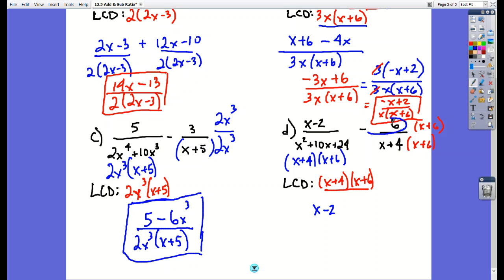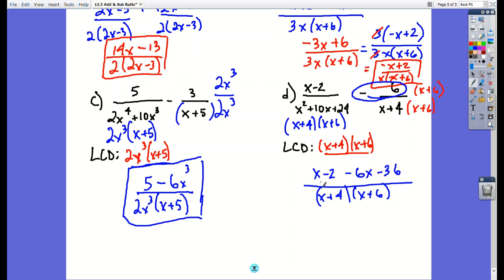Now, I guarantee this is going to be an easy thing that you guys are going to get frustrated with when you make the mistake: you're going to multiply by a 6 and add these and not multiply by a negative 6, right? So this should be a negative 6x minus 36 because we're subtracting, all over x plus 4, x plus 6. Combine our like terms here. So I see an x and a negative 6x, so negative 5x, negative 2, negative 36, negative 38, over x plus 4, x plus 6. They have nothing in common,